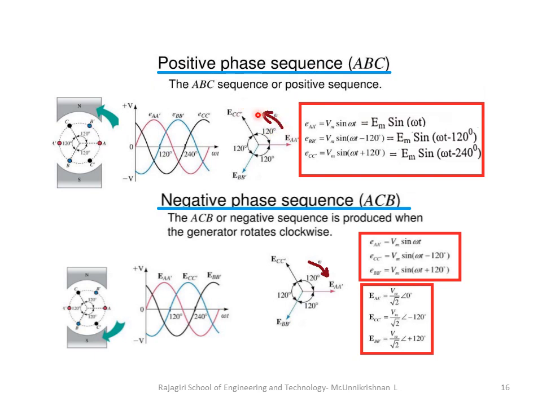While you rotate in the anti-clockwise direction, if you take the x-axis as reference and you start coil A along the x-axis, then coil A voltage will reach maximum first, then coil B voltage will reach maximum in the positive direction, and the C coil voltage will reach maximum thereafter. So the order in which the voltages in the different coils attain their positive maximum determines the phase sequence.